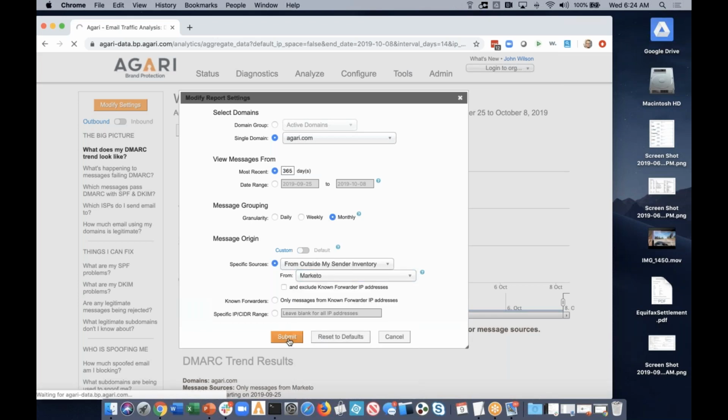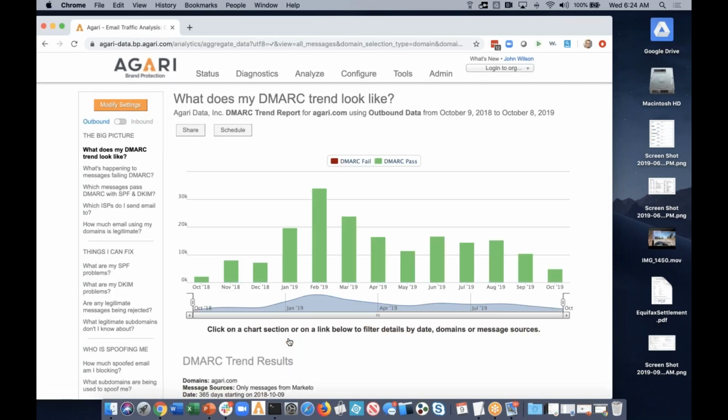And when I submit this, remember, it's running a whole year's worth of data here, summarizing it by month and showing me, it's clear that Marketo has been sending mail using Agari.com in the from header for quite some time. There seems to be a cyclical variation, but this has been ongoing quite some time. So my gut so far is telling me this is probably a legitimate source,